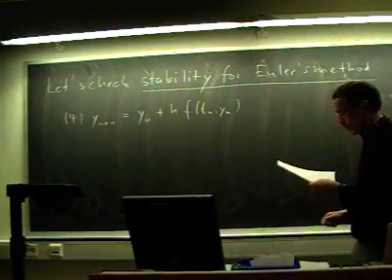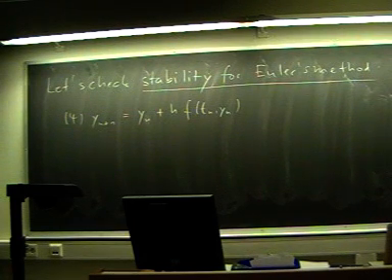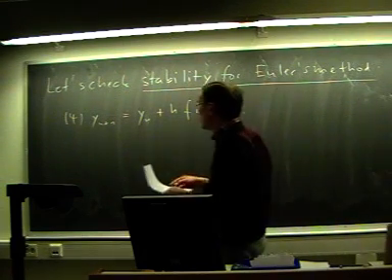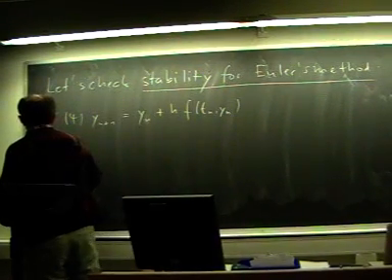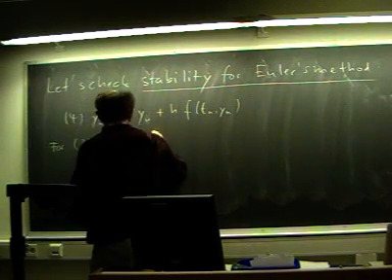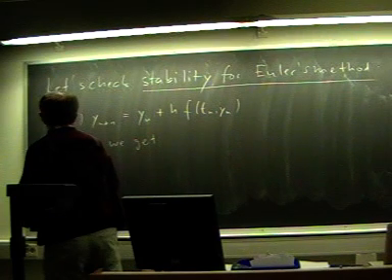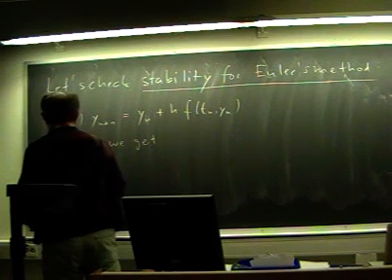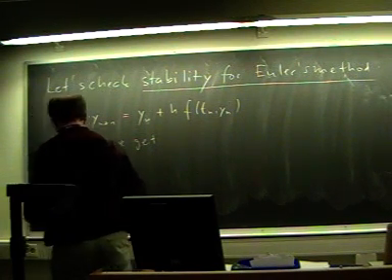So that is Euler's method. And now we want to apply this to the test equation. For equation 3, that is 5, we get